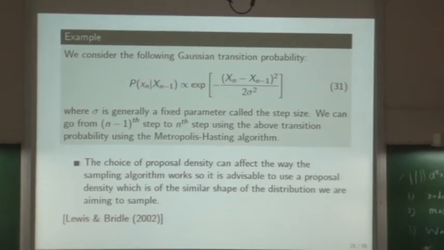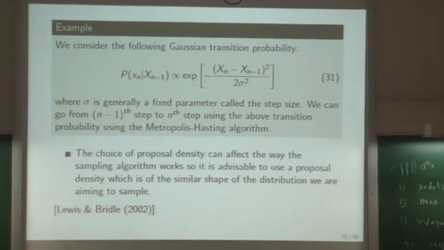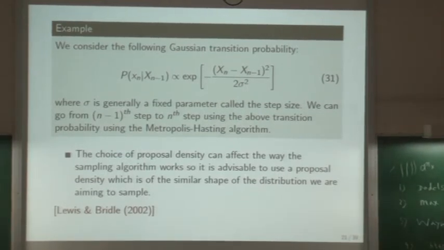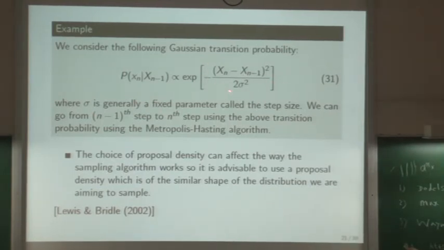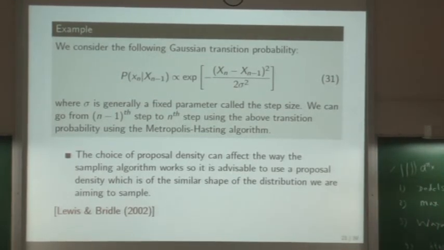So what is happening is that you are at some point, and from that you make a Gaussian jump. That means you call a Gaussian random number generator, and from that you make the jump. There is an algorithm called the Metropolis Hastings algorithm, which does this. But this transition probability has a parameter called sigma. So how big a jump you want to make from one step to another, that you have to decide. That's the parameter of this.